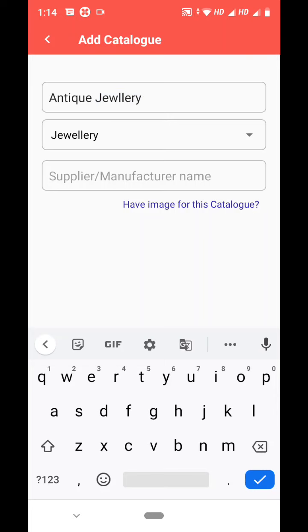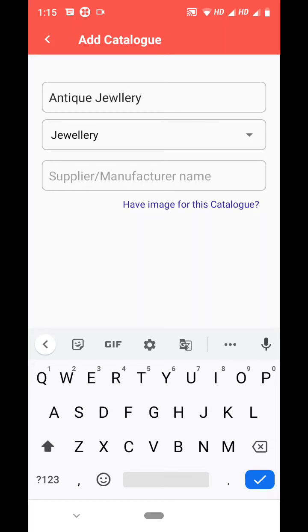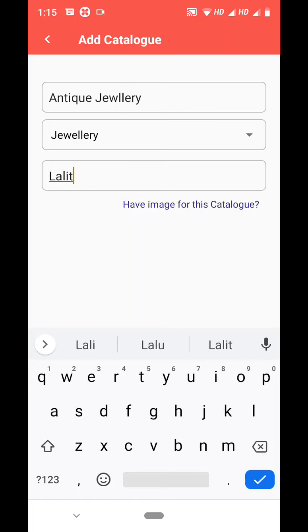See, sometimes you receive this product from some of your suppliers, so you can mention your supplier name or manufacturer name or where the product is coming from. For example, I am receiving this product from Lalita Jaipur.